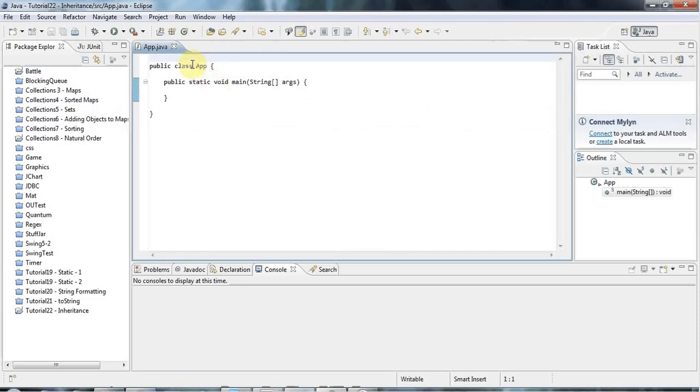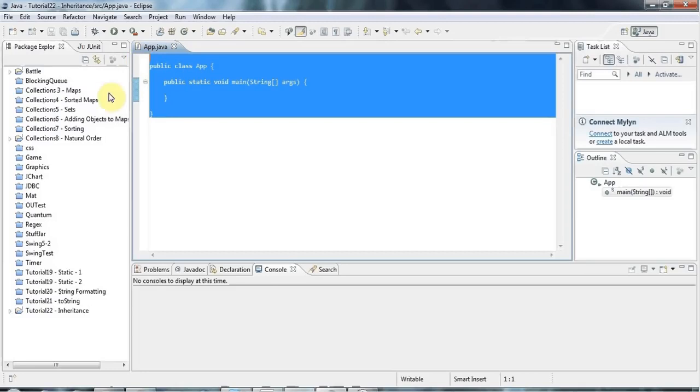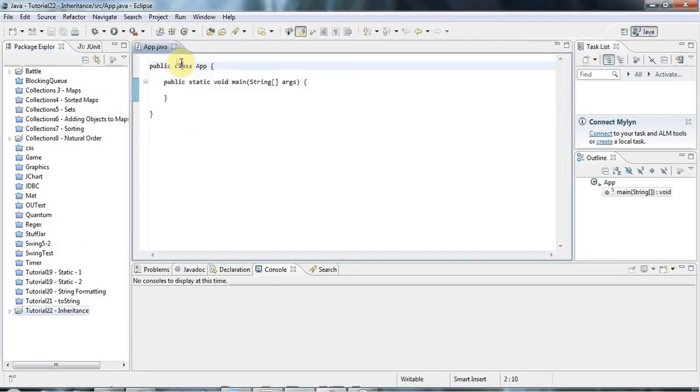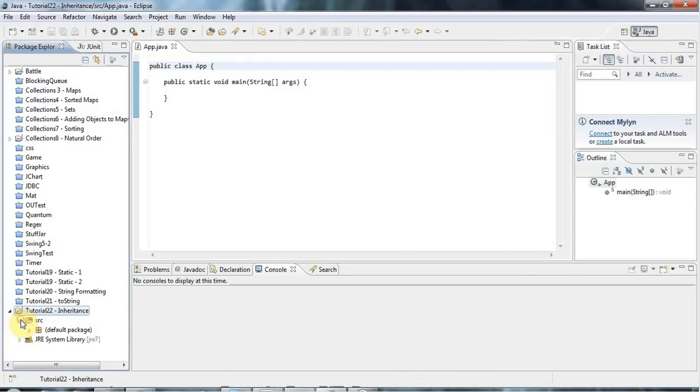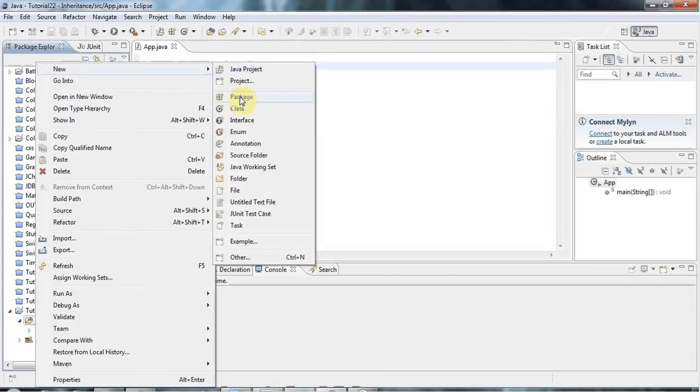Okay, so let's create a new class here. I've got my main method set up in this kind of class in Eclipse. So far in these tutorials I've been creating classes in the same file, but I'm going to switch now to creating classes in separate files, which is what you will do most of the time in your programs. So let's just expand this, and I'm just creating everything in the default package here, and we haven't covered packages yet. So I'm going to right click the source folder or the project folder, it doesn't matter, and go